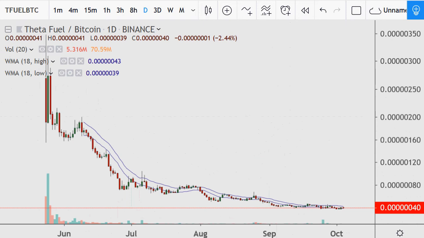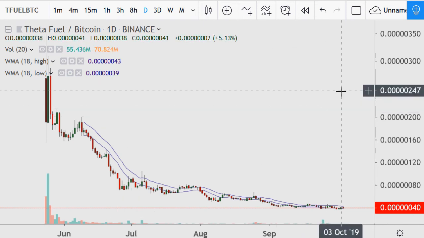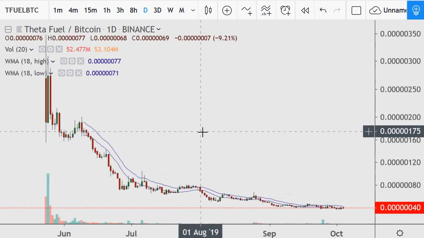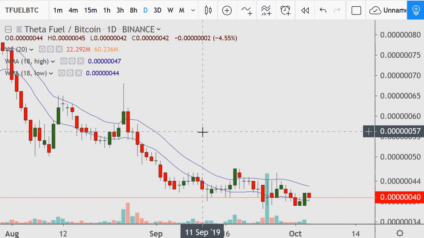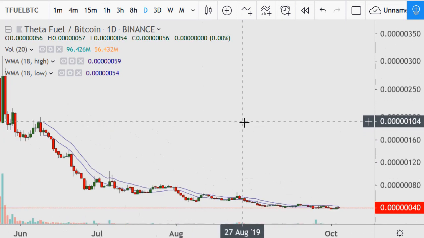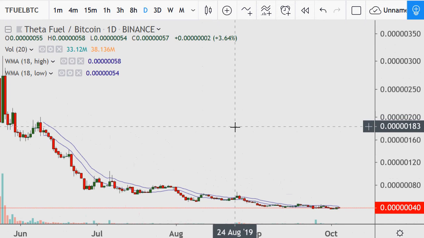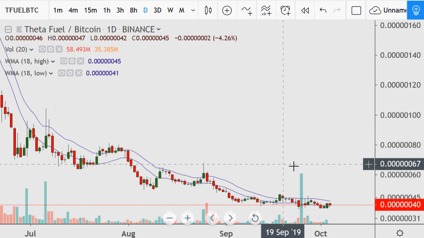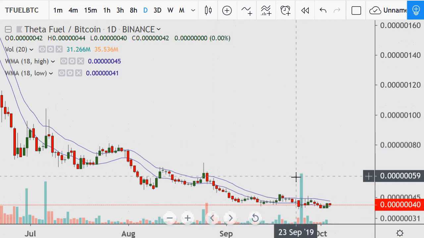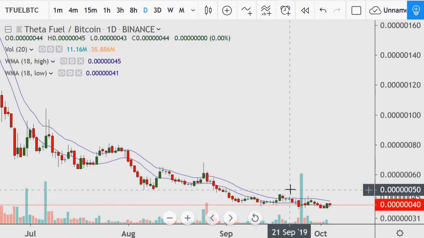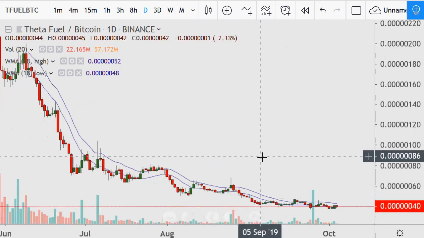Next up is Theta Fuel. And the only reason I have this is because they were given to me, because I had them during one of those forks or whatever, but it's been a continuous downtrend. So for fun, I thought about trading against Theta, but I'm thinking, you know what, that just to me doesn't sound smart because they're hand-in-hand coins. So I thought I'm trading this against Litecoin in a pure bear market strategy, because I'm thinking of coins like this, why would you really go long too aggressively for investment purposes for stuff like this or the Neo Gas and coins of that nature? They're just going to go down. They're not going to do as good as Theta or their regular class, but that's how I'm doing it.